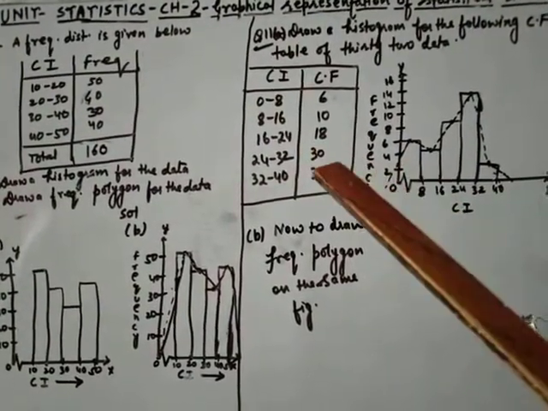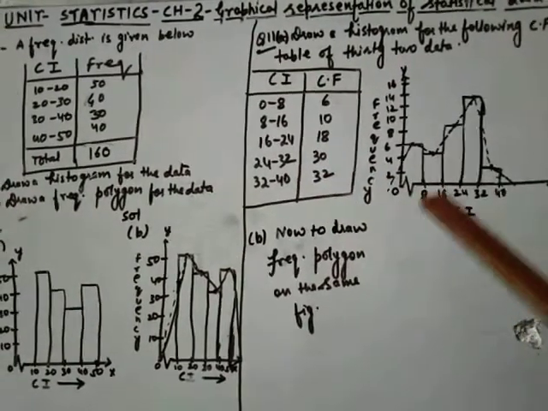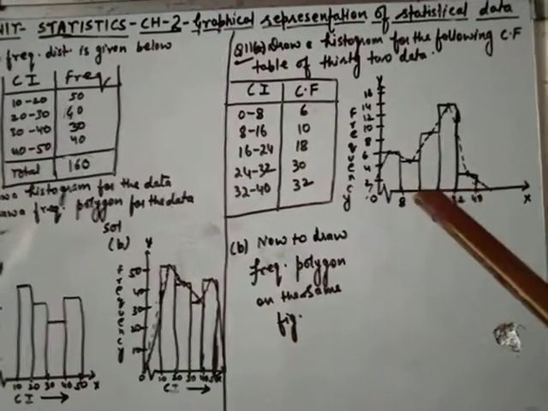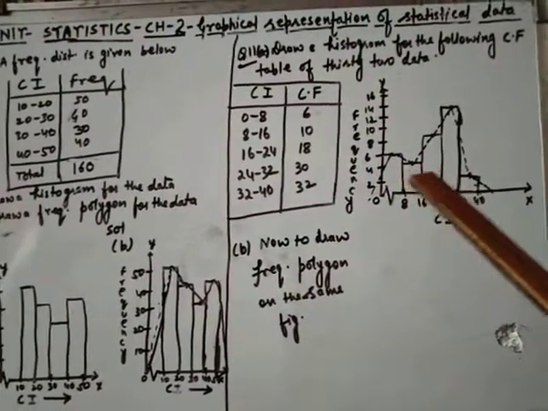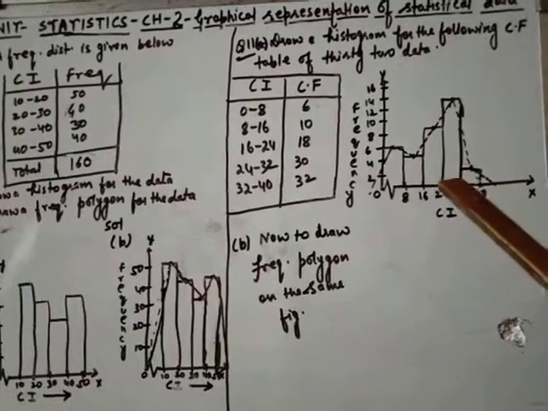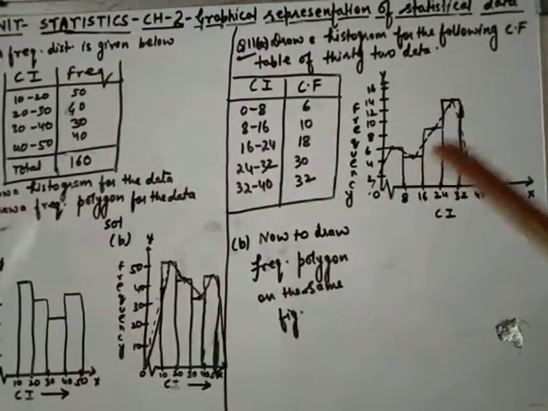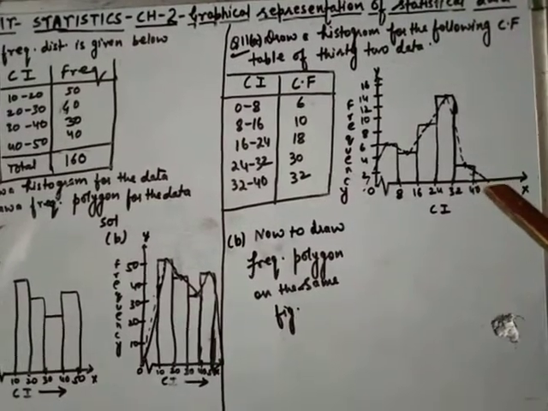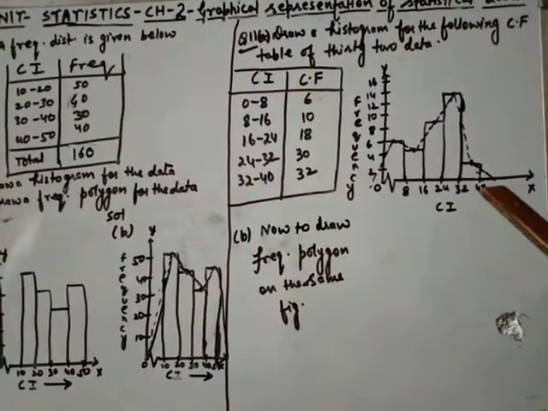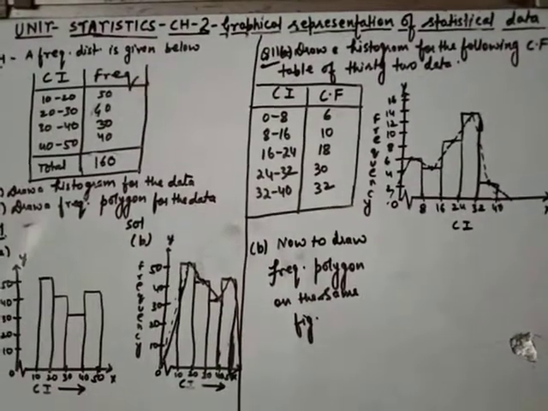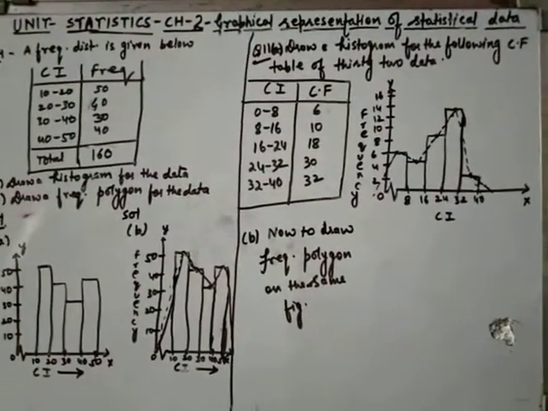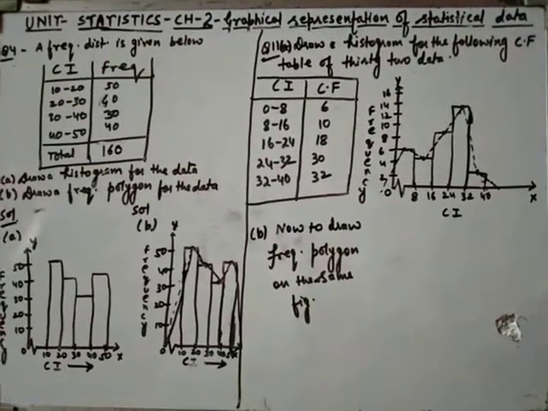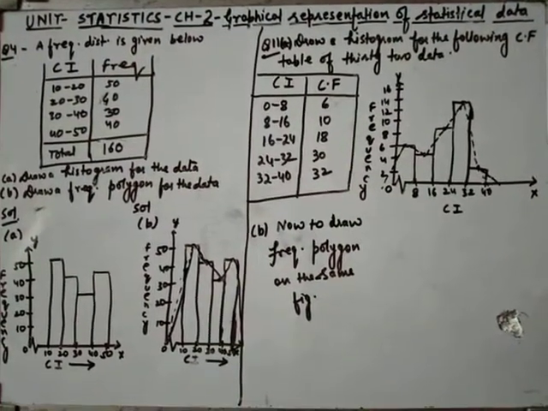Then 18 minus 4, so we subtract one by one, and then we draw the column of the graph, and when we take the middle point of each class interval and join the dots by a dotted line, then it indicates a frequency polygon. Understood, student? So this exercise is very easy. Draw all the graphs in graph copy and complete all the questions. I hope you understood. Thank you, student.